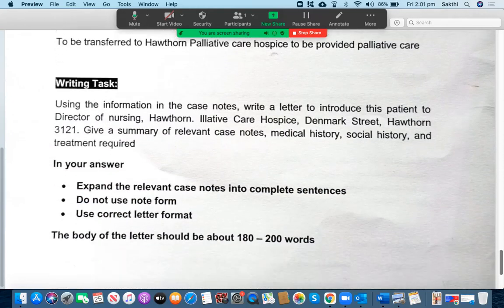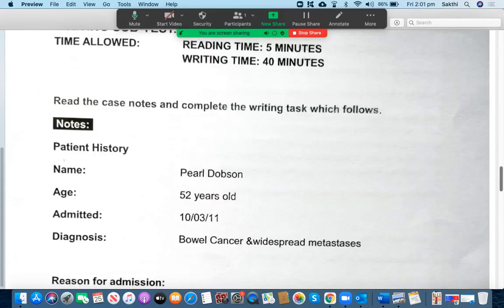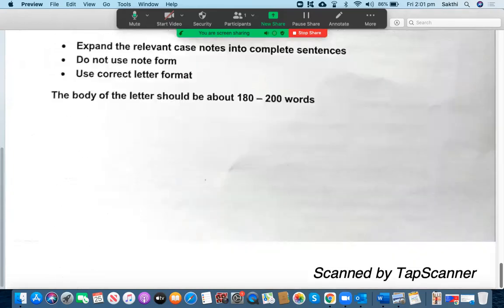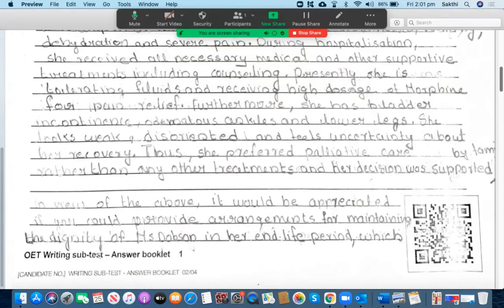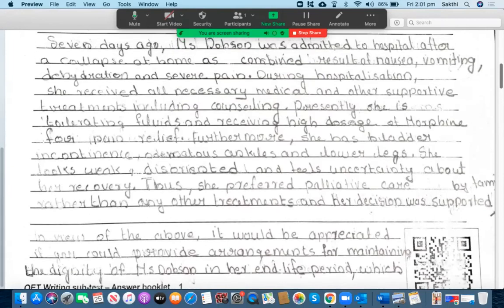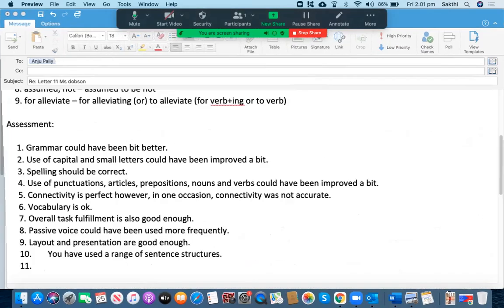Okay, good. All right. Yeah, you have included all the relevant case notes. I'm happy with the way that you have addressed these case notes. So one thing I just wanted to highlight is that when you have written on, therapies, it's not that good. You don't need to say radio and chemotherapies. I think that doesn't sound good. All right. But apart from that, everything else is all good.